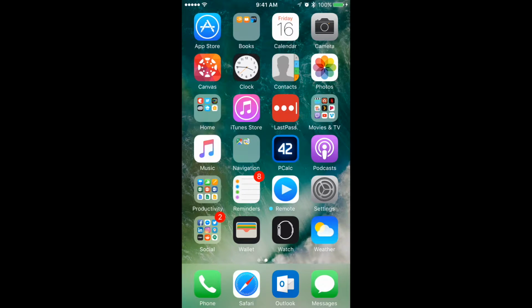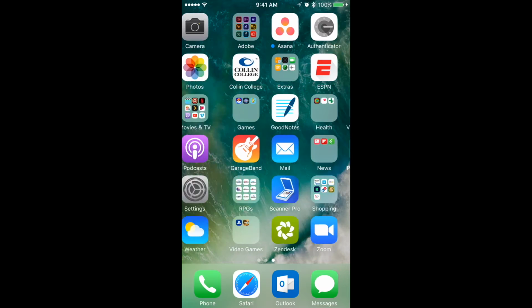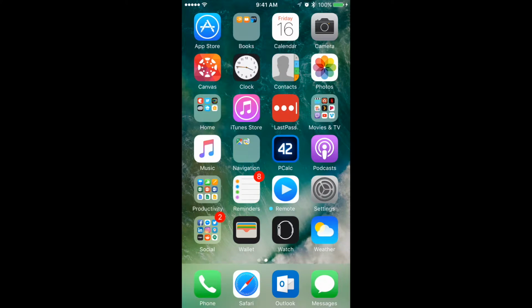So in this tutorial, I want to talk to you about the free Canvas app that you can get for either iOS or Android. So here I'm on my iPhone, and I have the Canvas app. You'll notice here in the upper left corner, right underneath the icon for the App Store. If you're on Google Play, you're going to look for the same shape for that logo, the Canvas logo there,